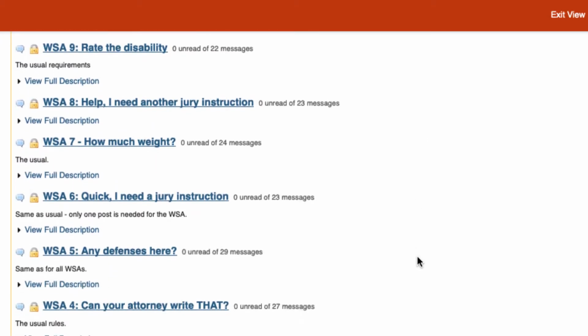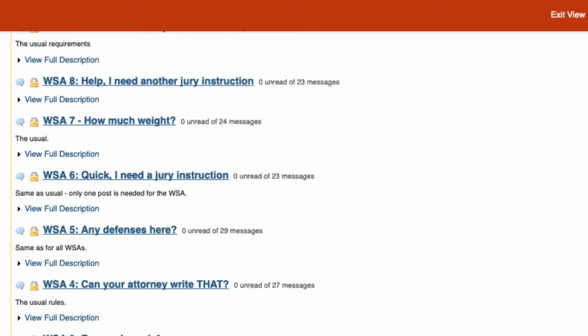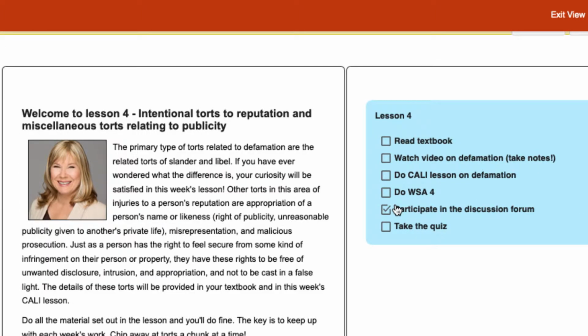The first thing that I hope you'll notice is that each of the lessons is set up in a similar fashion. There will always be an introduction in the upper left-hand side that will go over what we're going to cover. On the right-hand side of the page at the top, you'll see a checklist that you can use to make sure you've done everything for the lesson. The truly useful thing about this checklist is that it persists even after you've logged out, so every time you log into Laulima, you'll be able to use the checklist as a visual reminder of what you've done for that lesson and what you have left to do.